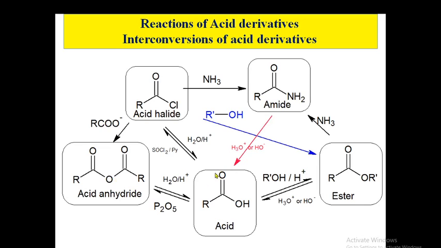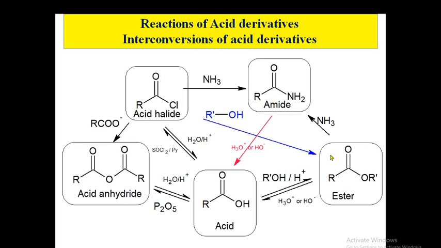If you are taking the carboxylic acid and reacting it with thionyl chloride in presence of pyridine, you will get the acid halides. Now these acid halides are more reactive and can be further converted into acid anhydride by reacting with acetate, that's the nucleophilic reaction, or you can react with ammonia, it will give you amide, or it can react with alcohol. With simple elimination of an HCl molecule you will get esters. So acid chlorides can be converted to acid anhydride, amide, and esters.